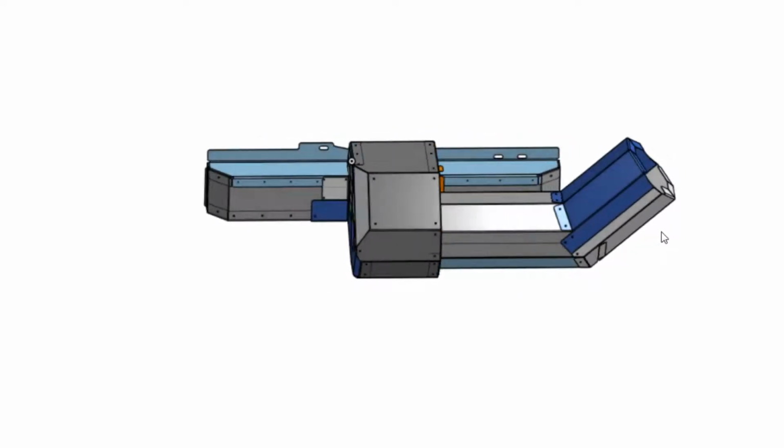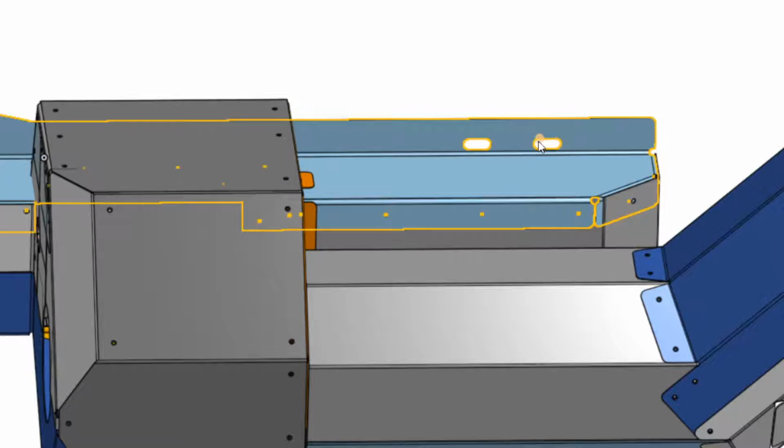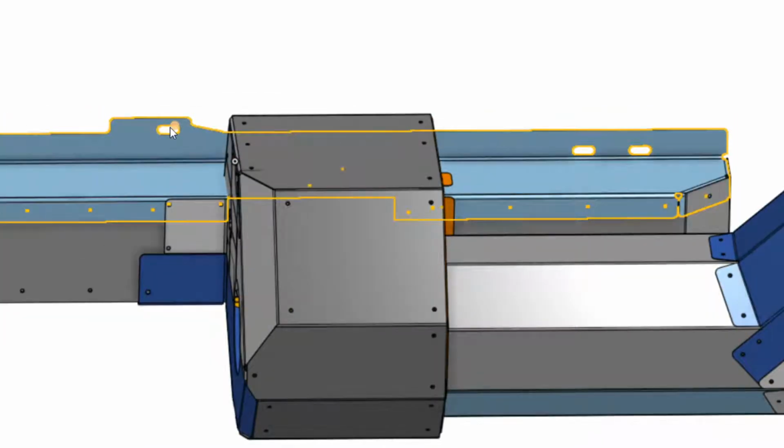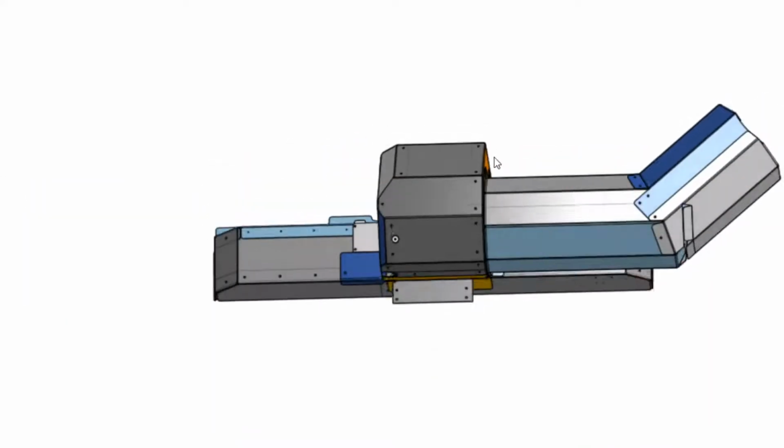The top piece has a flange bent up and is oriented so that these holes line up with open tapped holes in the block above the manifold, and we can use, I believe, an 8mm bolt in these to hold it on to the block. Underneath,